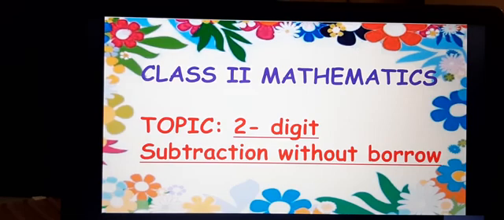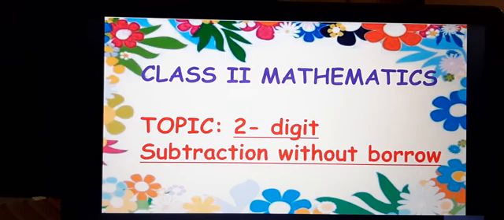From your previous class knowledge from class 2, two digit subtraction without borrowing means you are not taking any help from the previous number; directly you subtract from each place value. We are particular about the numbers, the digits, the place values and the minus symbol. The same rules as in addition, plus, you follow here, but this is subtraction. In mathematics the four operations are very important, and subtraction is the second operation.